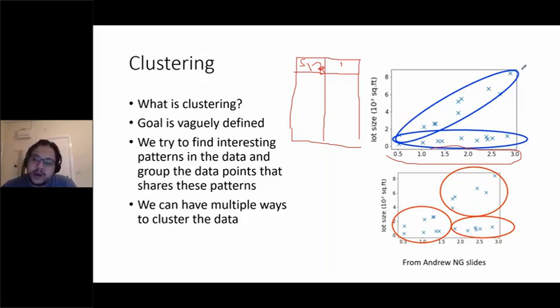We can find this one here. We have some data points that are following a line here, and other data points are following a different line. We can also find this structure: these data points are close, like this, here, and here. So of course, with unsupervised learning, we have multiple ways of doing things. The solution can have different shapes.